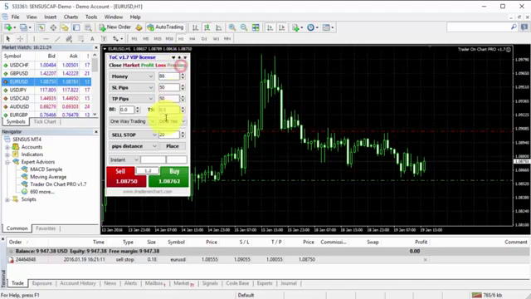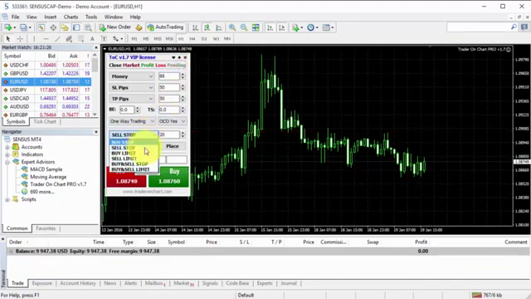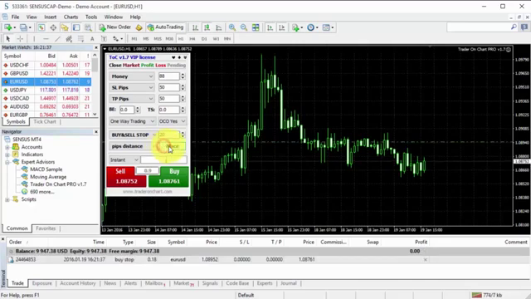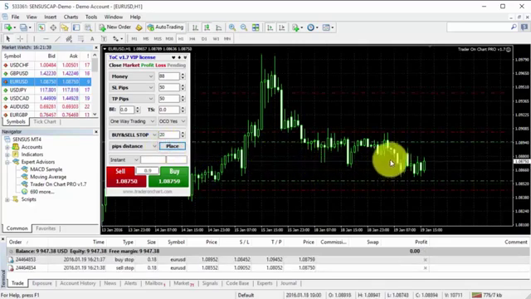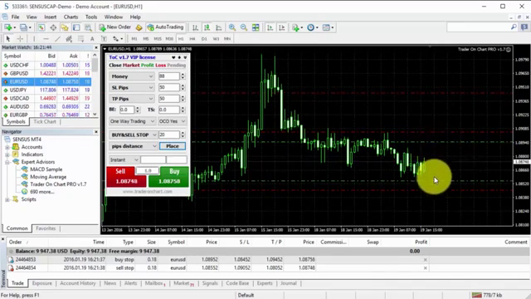Now the cool thing about this is that you can choose buy and sell stops, and if I decide to place at 20 pips distance, it will happen like this. I click place button, and it will place a buy stop 20 pips above and a sell stop 20 pips below. So this is something that news traders use a lot. So just a few minutes before the trade news is released,